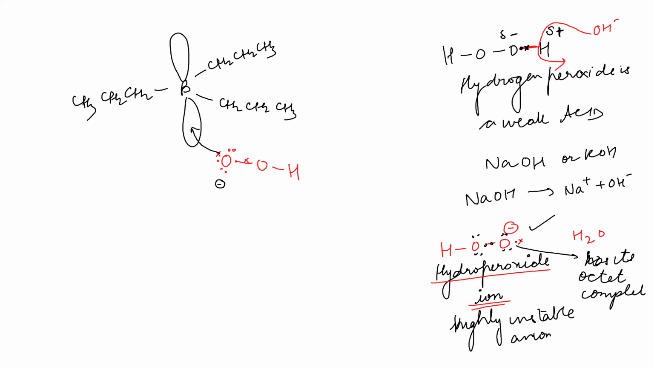Yes or no? So it is going to donate that electron. So it becomes neutral, and borane is getting that extra electron. So borane acquires a negative charge. Understood my point? So we will have B, CH2, CH2, CH3, another CH2, CH2, CH3, another CH2, CH2, CH3,